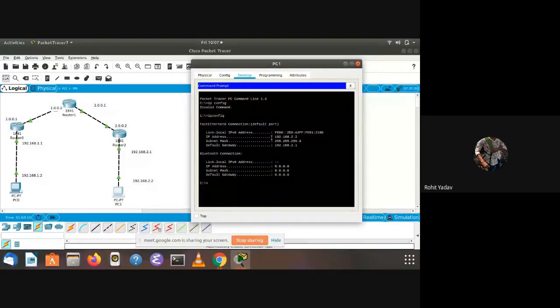Okay, and let's see. 192.168.1.2. We are giving the IP address of this.